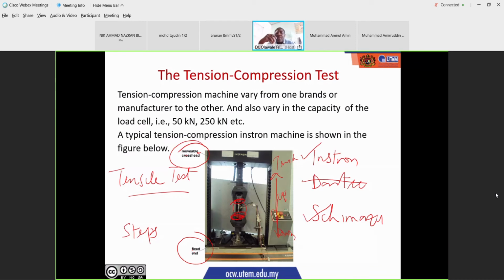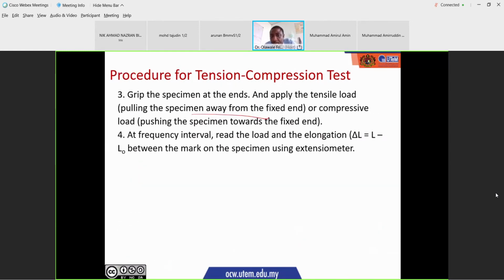So say for example, in this case, the fixed end is the bottom. If you want to apply a tensile load, you move away from this end. So you'll be pulling this end up, moving away, tensile load. If you are pushing down on this, it will be compression. So that's what we are trying to explain here. Pulling the specimen away. Then next, at frequency interval,